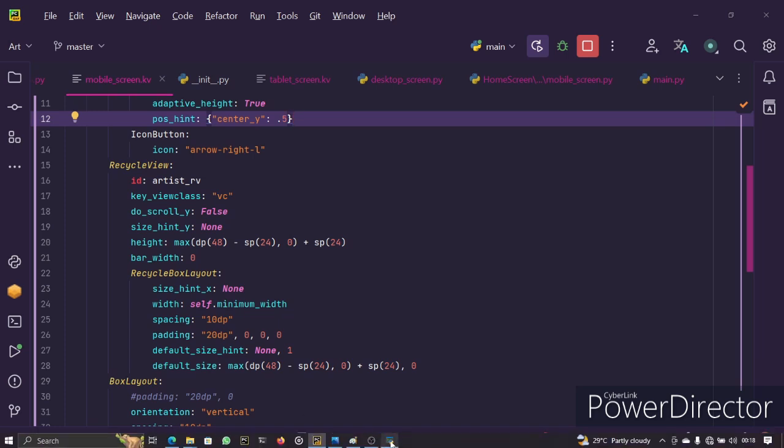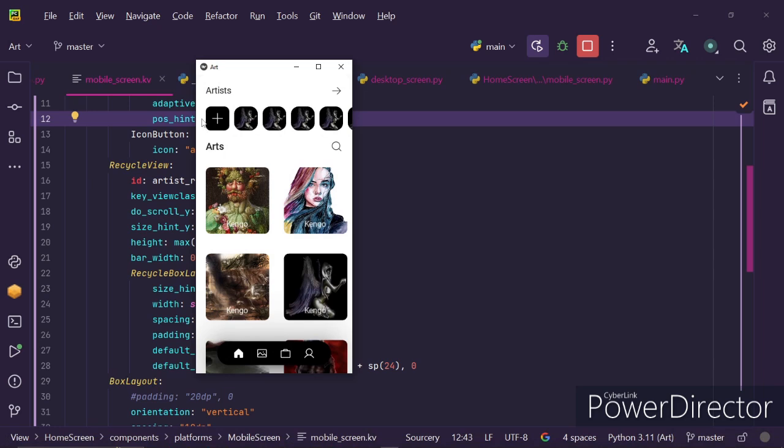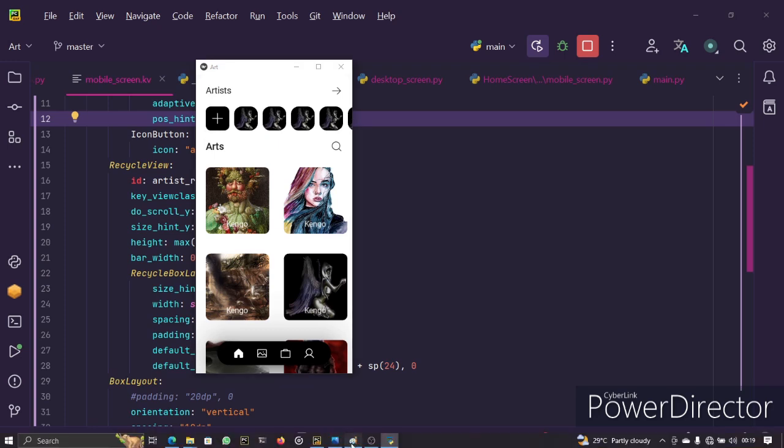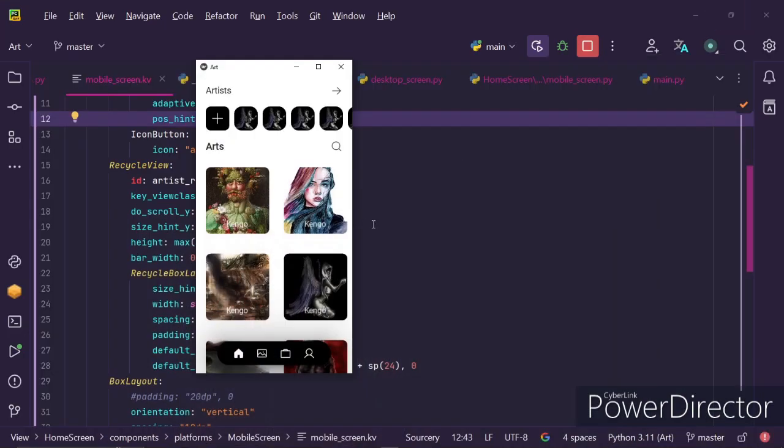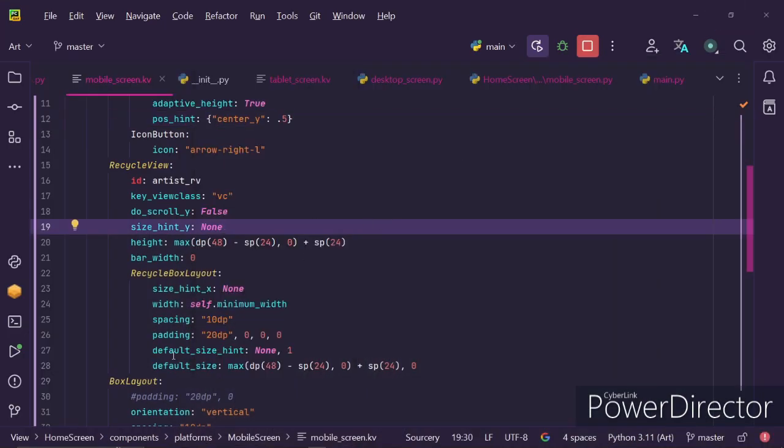We needed the space here so that it will join its fellow brothers. But here we need it to extend to the outside because the original extends outside of it. So that's why we set everything to 0. I hope you're learning. Now the size hint should be none,